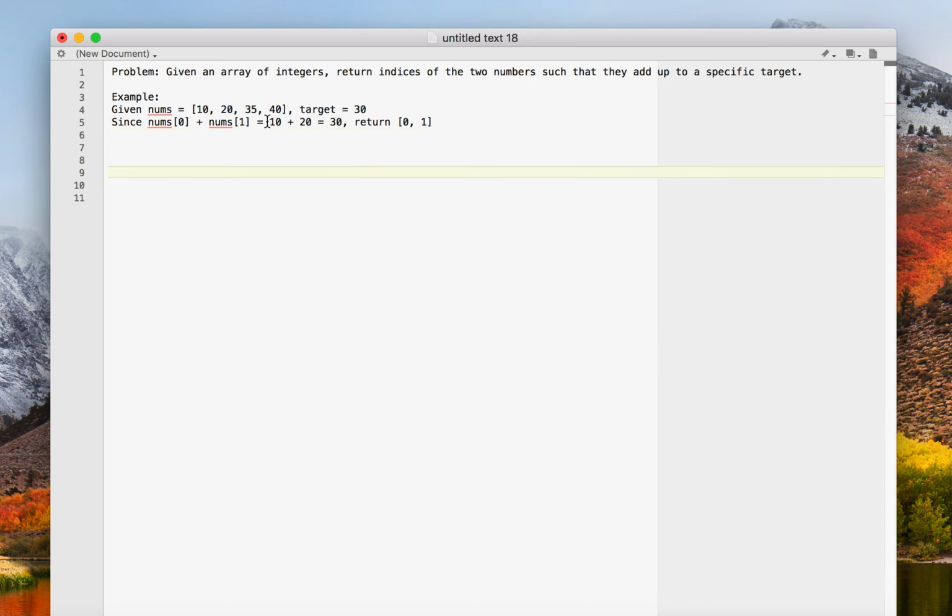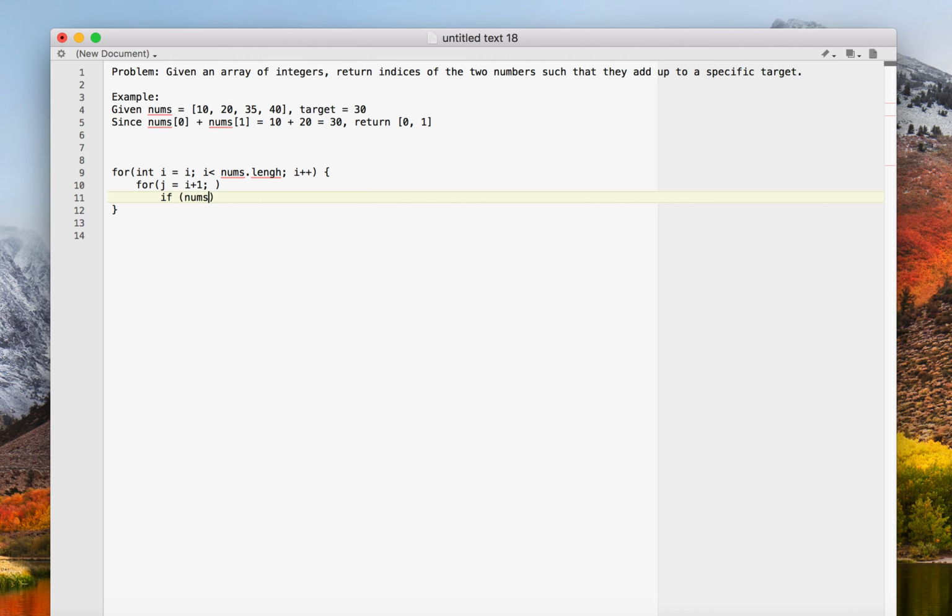One approach could be, I could take this array or any other given array, and then write multiple nested for loops: for int i equal to 0, i less than nums.length, i plus plus, if it's a Java program, and then another for int j equal to i plus 1. And then I could check here if